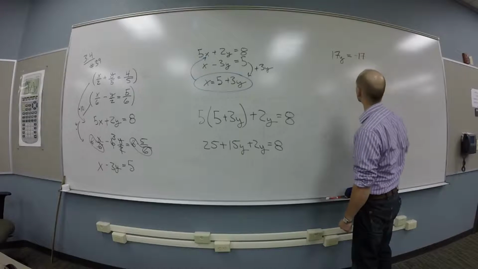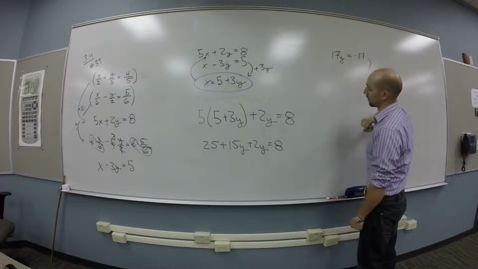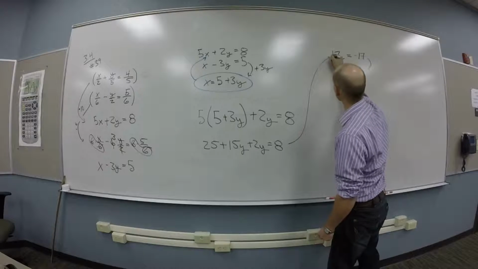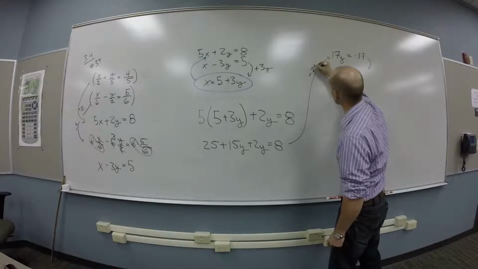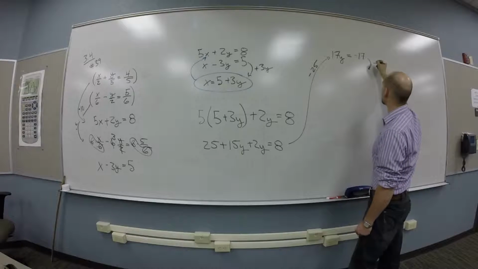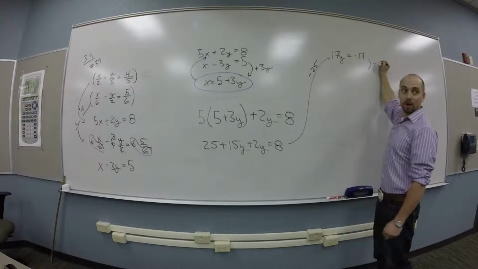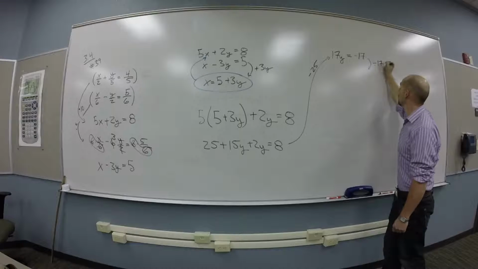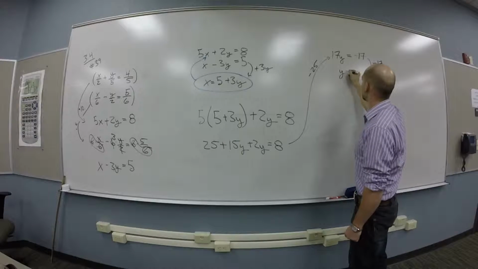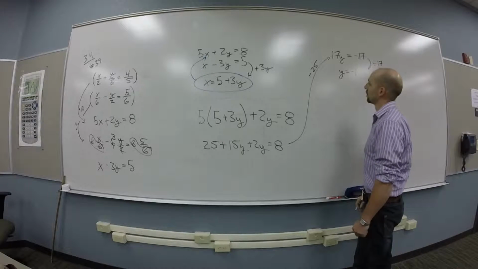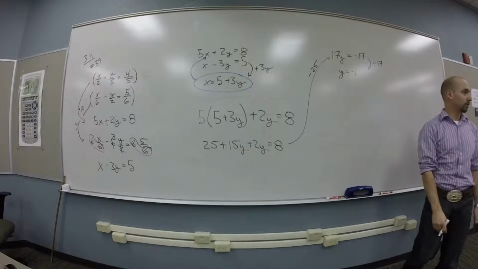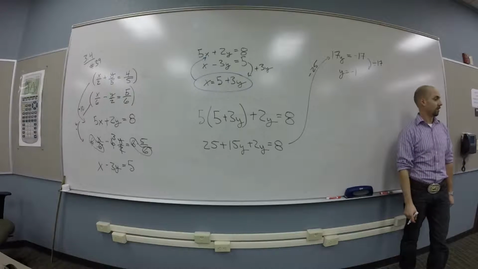So I got negative 17y, so then I divide by 17. This step, by the way, was minus 25. So this is then divide by 17. So you get y equals negative 1. Cool. Am I done? Do I circle that? Move on with my life? Nah, you just